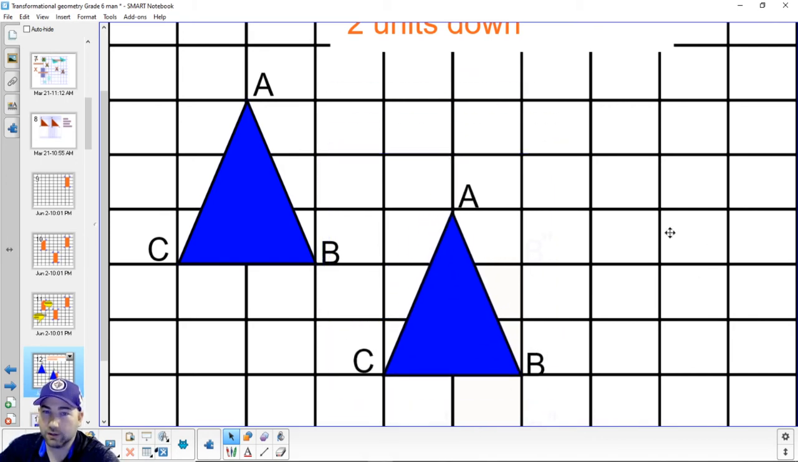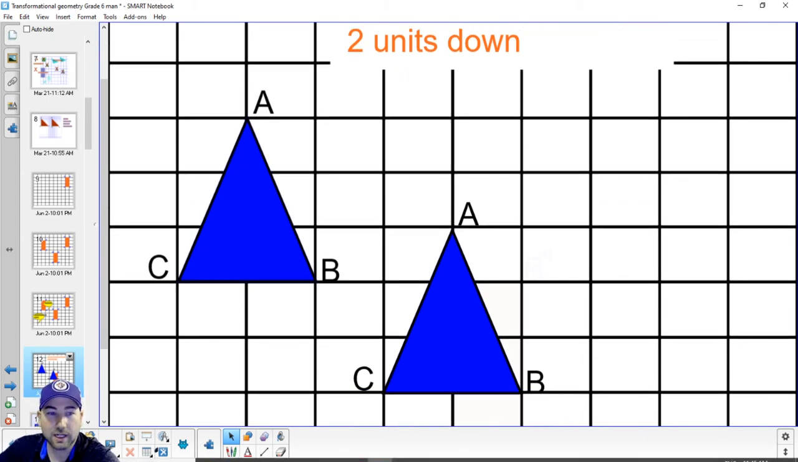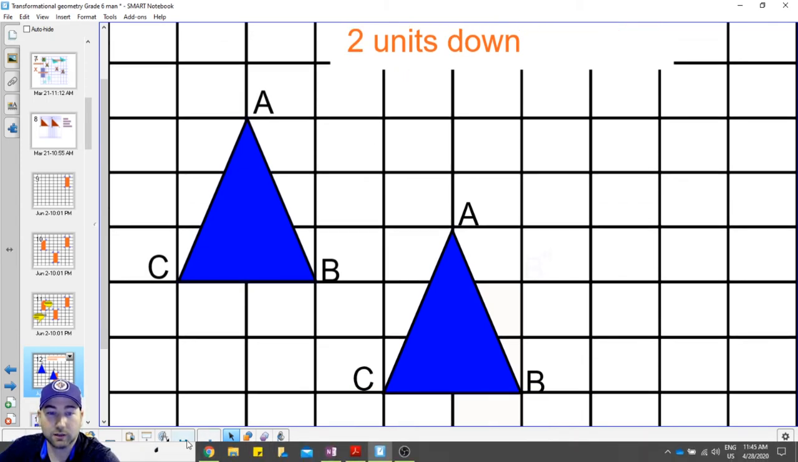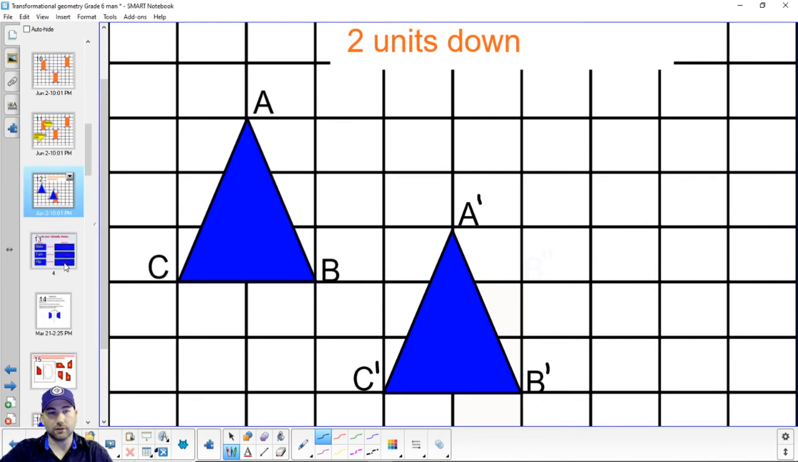But now how do I know which is the original and which is the copy after the directions? I need to add my prime marks. So I will do that. Prime mark 1. So there we go. My translation is now complete. So that is a translation. Those were the examples on how to do a translation. The next thing we are going to look at is